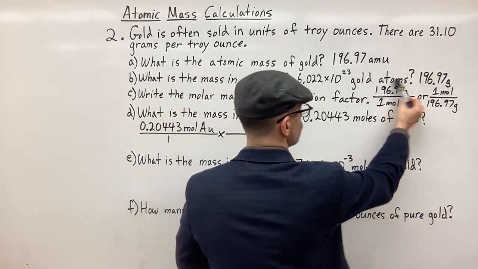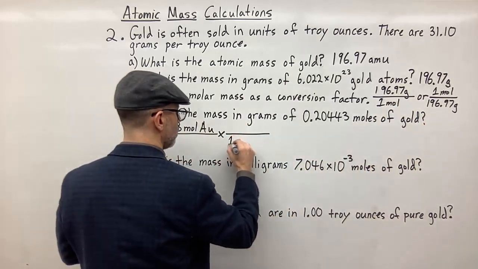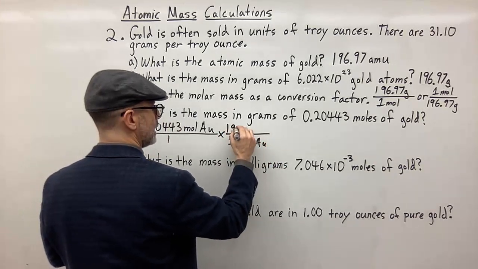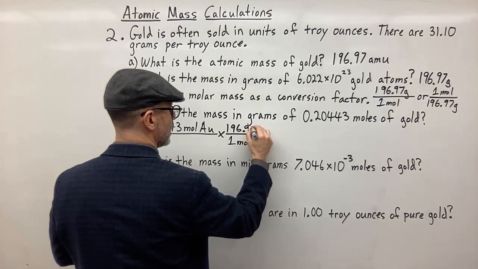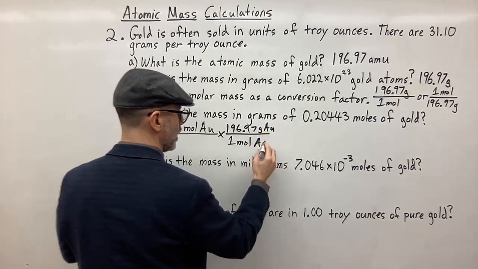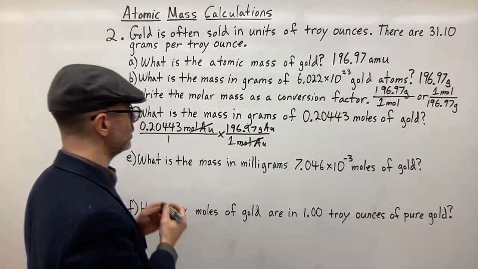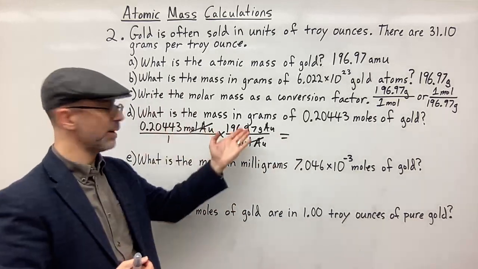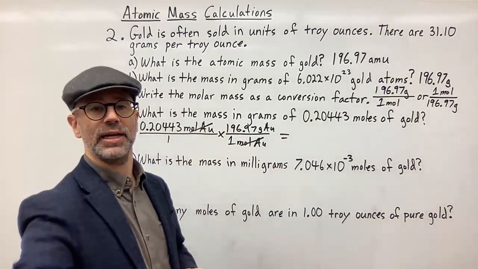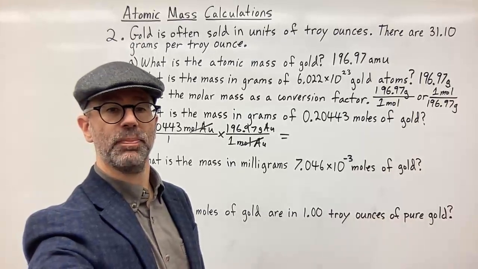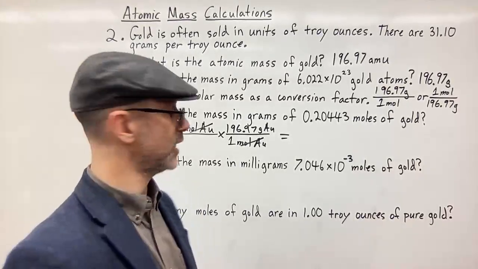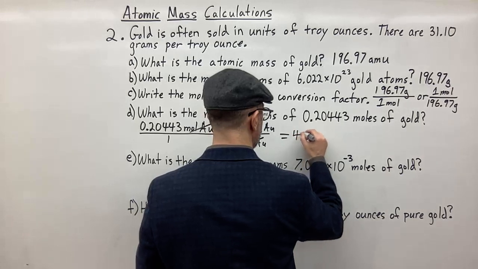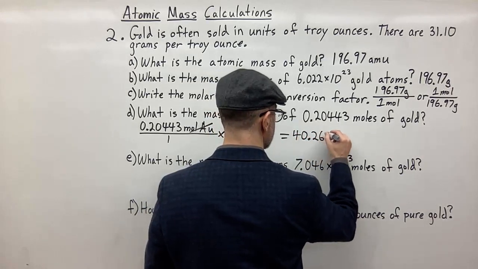So I'm going to use this conversion factor here. I'm going to put 1 mole on the bottom, and the 196.97 grams of gold goes on top. So moles of gold cancels out. And I've got grams, so now all I need to do is multiply by the top, divide by the bottom, and I get my answer, and that is 40.267